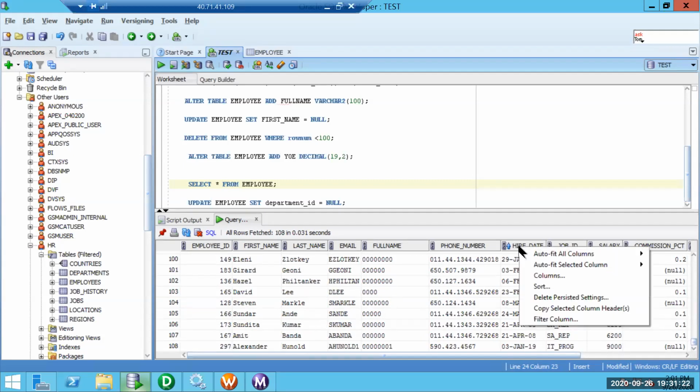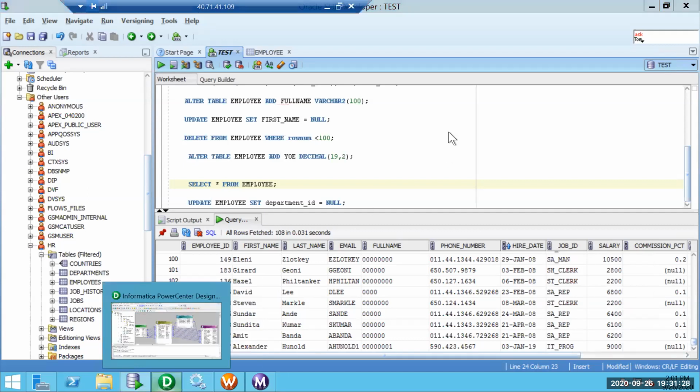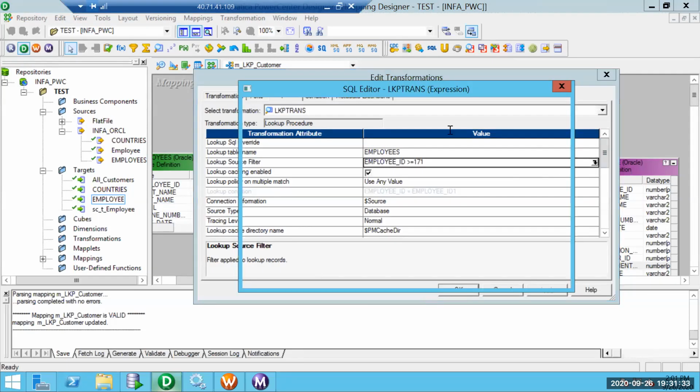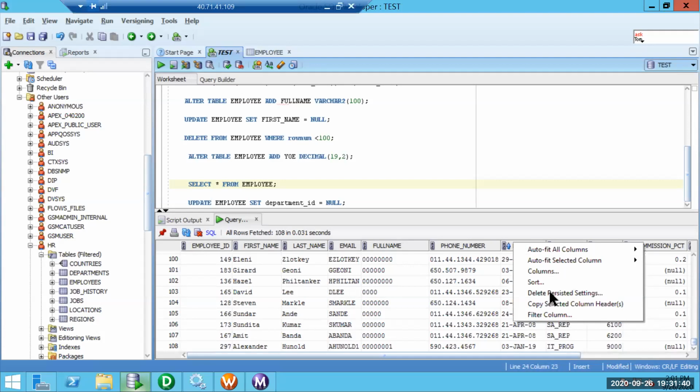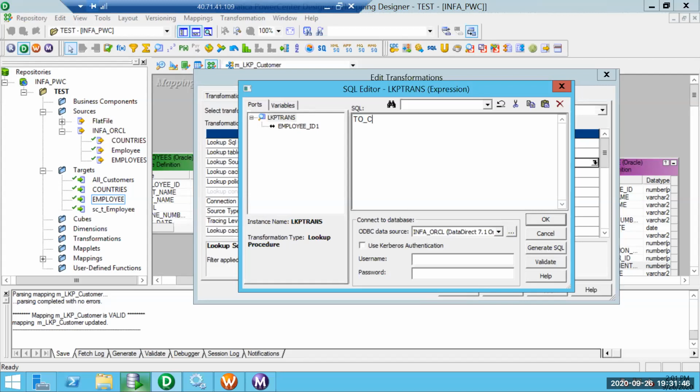corresponding to hire date. So what we can basically do is come to the designer, go to the lookup transformation, properties tab. Here, just replace the column name with hire date, and then we can say TO_CHAR(hire_date, 'YY'). TO_NUMBER, I'm changing it to a number.